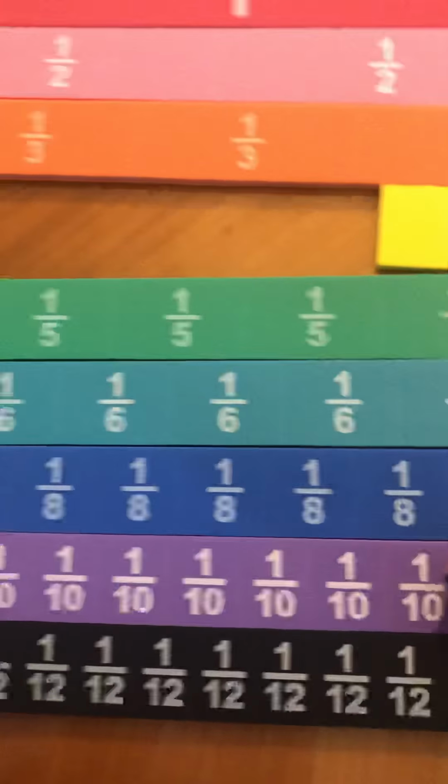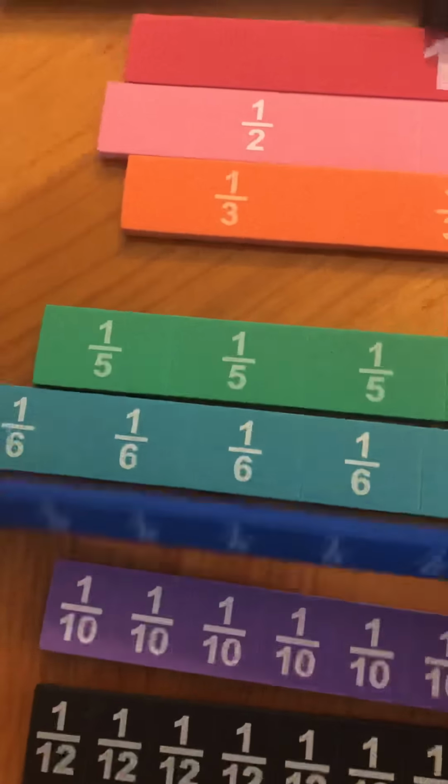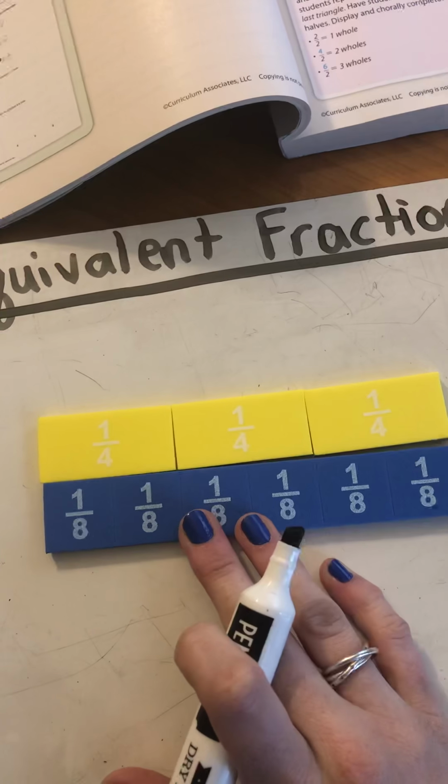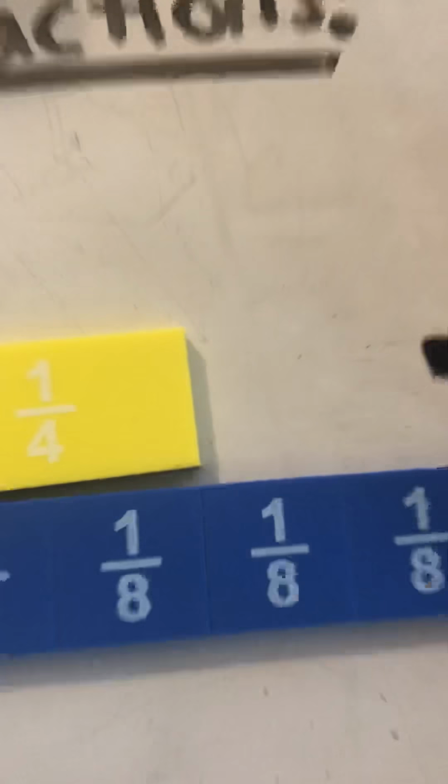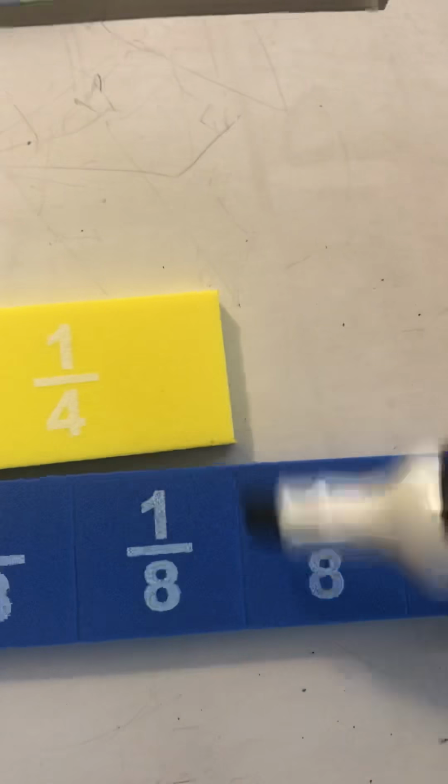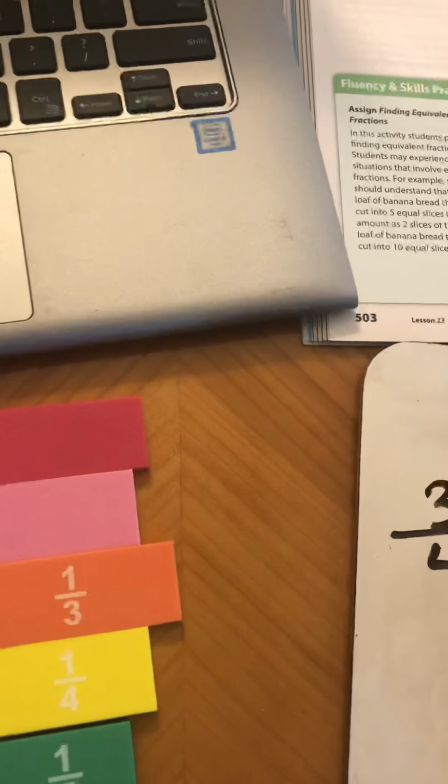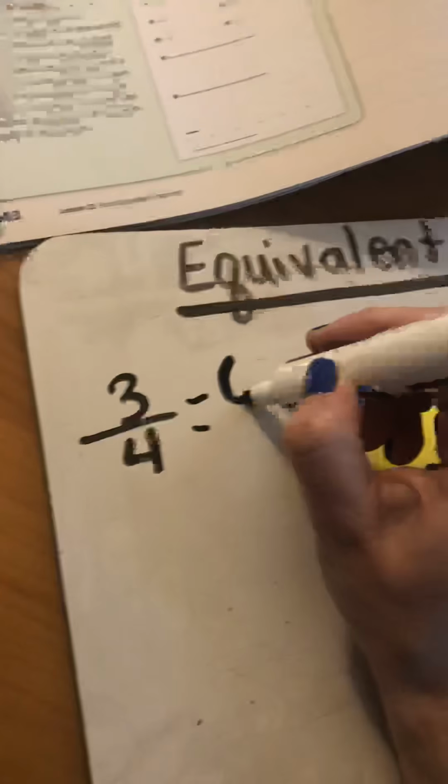And again, I'm going to use my eighths. So I'm going to take my eighths fraction piece. I'm going to line it up with my 3/4, and I'm going to see where it lines up, and that's going to tell me how many eighths equal 3/4. So count with me. I know you're at home, but say it out loud. 1/8, 2/8, 3/8, 4/8, 5/8, 6/8. So 3/4, my friends, is the same thing as saying